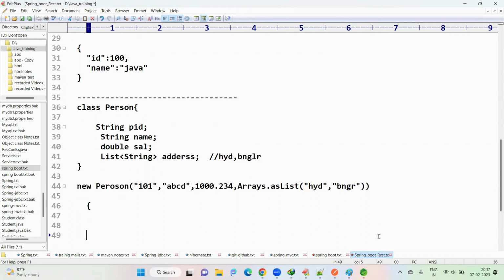Every JSON starts with an open and close curly bracket. Now tell me, what is the first key? PID. The value is a string, right? That's why you have to open double quotes. 101. Why take 101 as a string here, but on line number 31 it was without double quotes? Because type is important. Here it is a string, previously it was an integer. That's why I took double quotes for 101. Now name is ABCD,